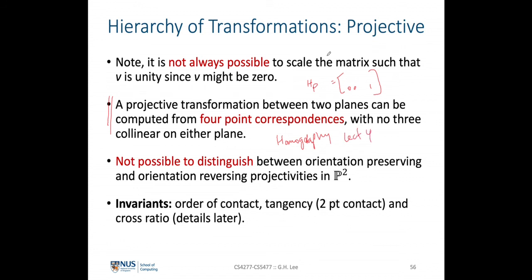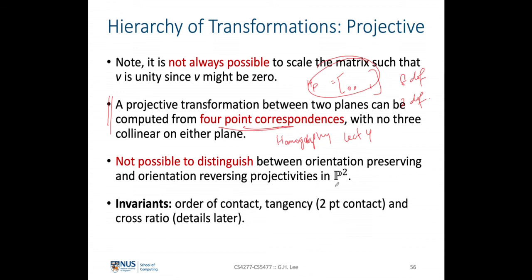But an intuition here is that the HP here has 8 degrees of freedom, and as I've mentioned, each point correspondence will give 2 degrees of freedom constraint. So altogether, we will need 4 correspondences to find this general projective transformation. And another point here is that it's not possible to distinguish between orientation preserving and orientation reversing projectivities in the